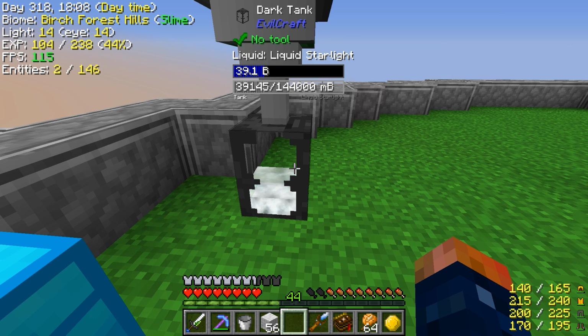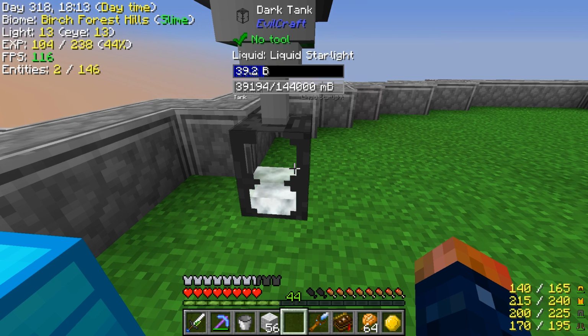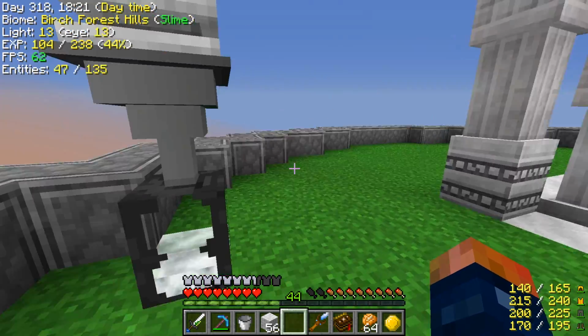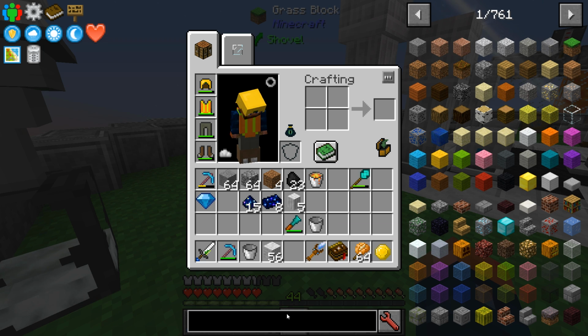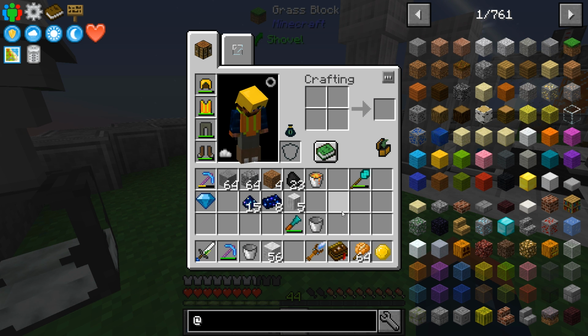So this has 144 buckets worth of storage that you can no longer use. This thing has more than enough storage as of right now, but other storages I recommend are the Ender tank storage. Oh, and this is left on because I just updated the pack. Every time you update the pack, this thing is going to be ticked on. So you need to tick that off before you start looking in recipes and go, uh-oh, I actually dragged something